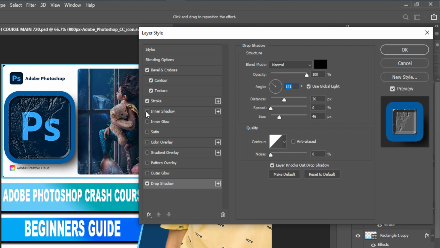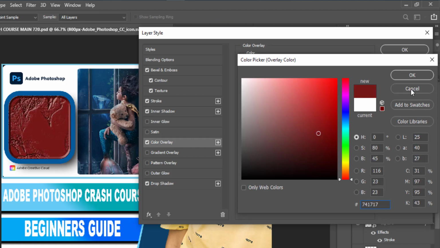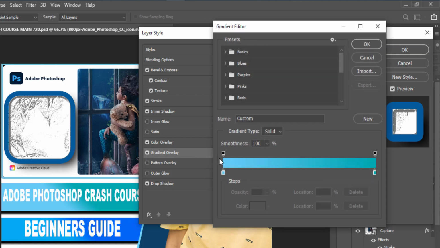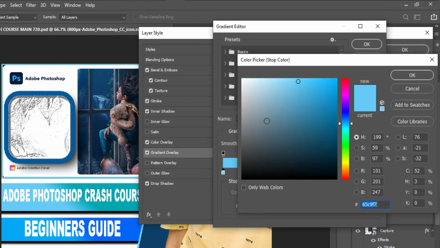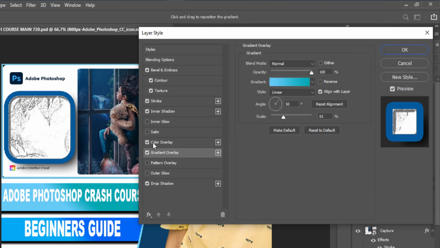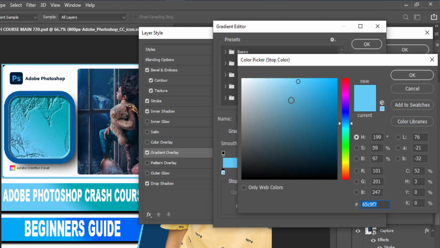inner shadow, color overlay, how to change your color into a single color, how to also add gradient overlay, how to add multiple colors, how to change the colors to any colors you want,